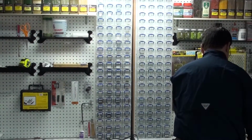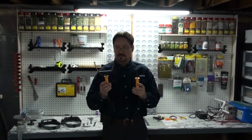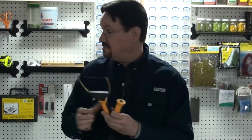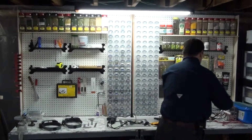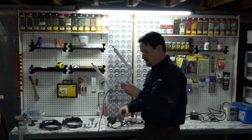Next up, we have my foam cutting tools. Now, these are put out by Hot Wire Foam Factory, and I have their full set of foam cutting tools, including the monstrous, I think it's a 3-foot bow cutter for doing really massive pieces. But I also have a series of